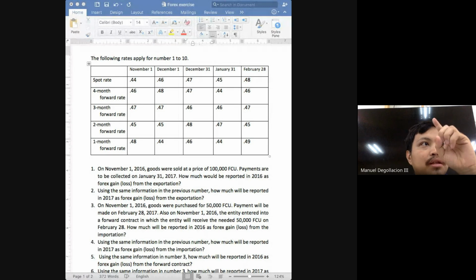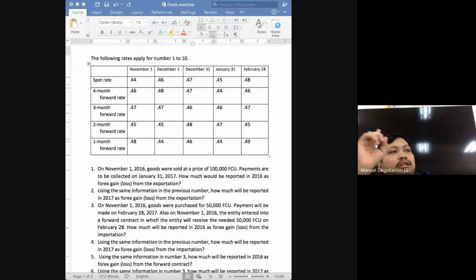Can you remember the three important dates I have mentioned, class? What's the first important date? Date of delivery. What's the second one? Reporting date. And the third one is settlement date. So the first entry will be prepared on the date of delivery. The two other dates, class, will be referred to by us as the adjustment dates.